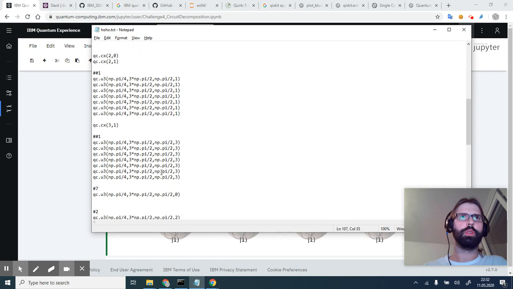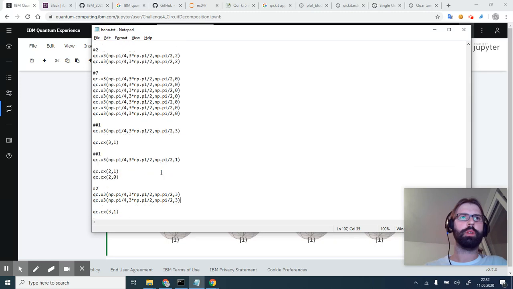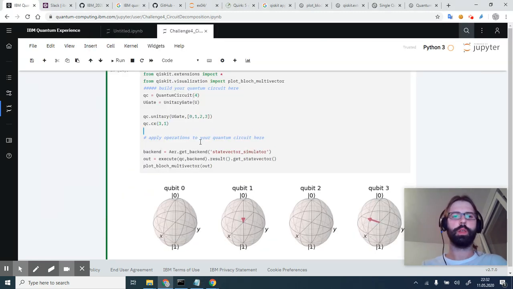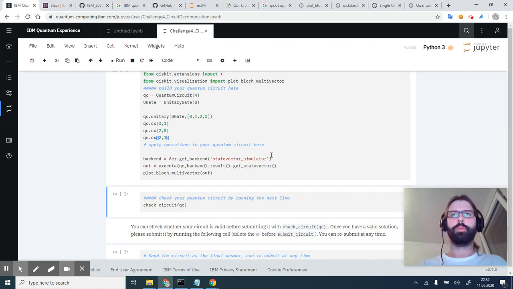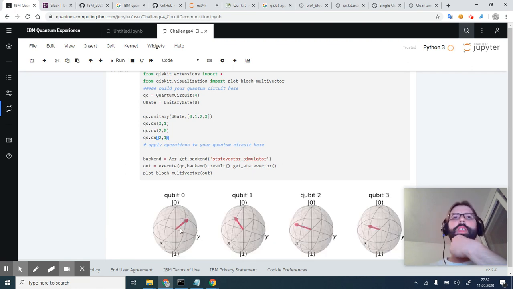Is this the right solution? I don't think that's the right solution. 3, 1, 2, 0, 2, 1. Let's try. QC CX 2, 0. QC CX 2, 1. There's no magic to this, but you can see that those control gates already do a really